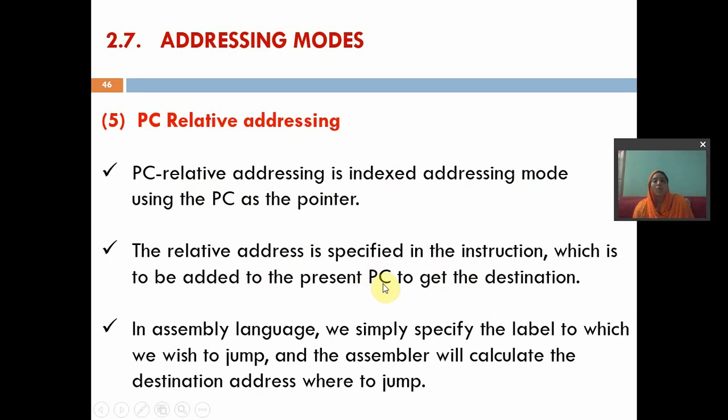The program counter holds the address of the next instruction to be fetched, right? In assembly language, we simply specify the label to which we wish to jump, and the assembler will calculate the destination address where to jump.